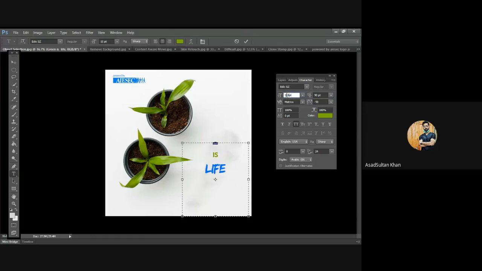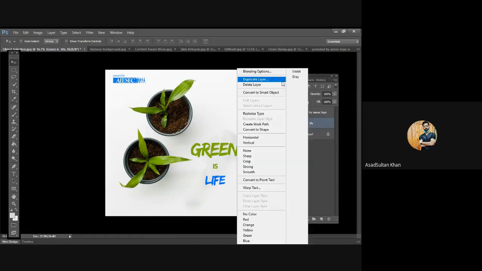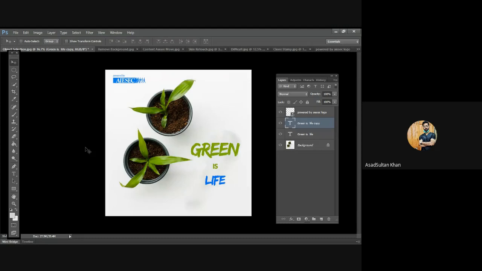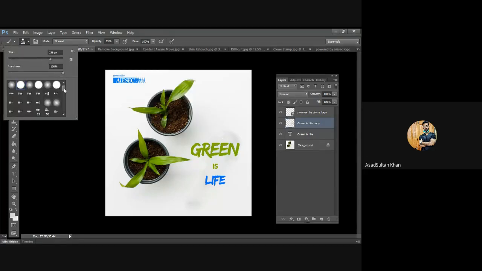I make it 150 and then what I do basically is I go back to my layers, I duplicate it, and what I do is I select the brush tool. This is like a whole group of brushes that I can use, various kinds, and there are a lot of brushes that you can also download from Google.